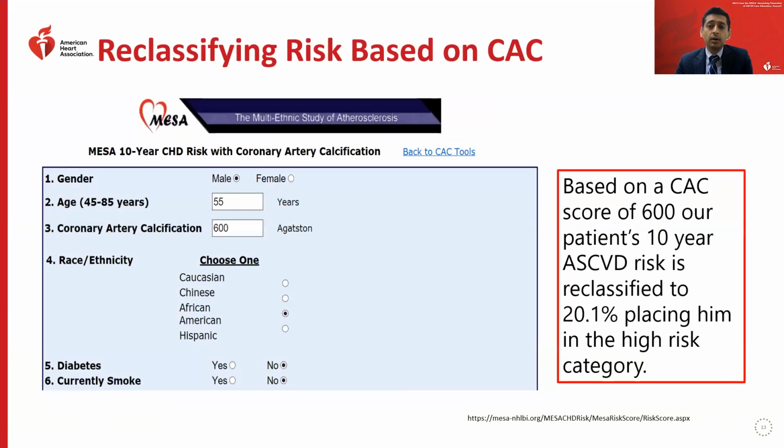And with time, we've also created a risk calculator that incorporates the calcium score when you get it, to understand somebody's risk. So if you look at someone's risk and it may be, let's say, intermediate, and you get a calcium score and it's elevated at 600, and you put that into this, you may find that their actual risk is much higher. This is just based on the MESA cohort. You can Google MESA, M-E-S-A, coronary artery calcification risk calculator, to get an assessment of risk incorporating the coronary artery calcium score.